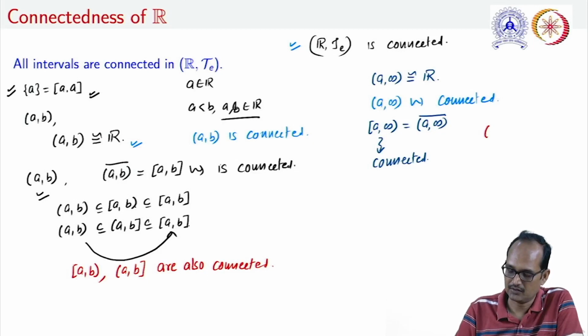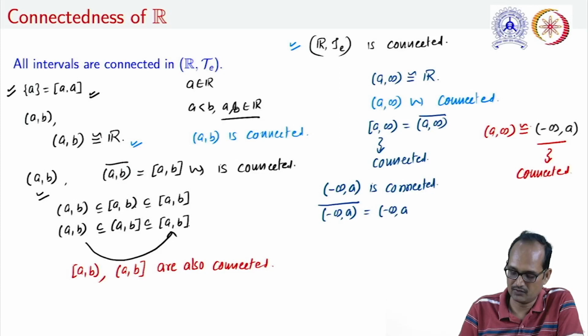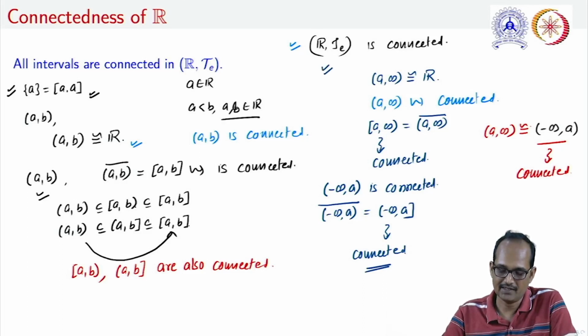Finally, as this interval (a, infinity) is homeomorphic to this interval (minus infinity, a), it means that intervals of this form are also connected. Or we can say that the interval (minus infinity, a) is connected. And if this is connected, what about its closure? If we take the closure of this interval, that is nothing but minus infinity to the interval which is closed at a, and this is also connected. So what we have shown, by using the connectedness of the real line with Euclidean topology, is that all the intervals are